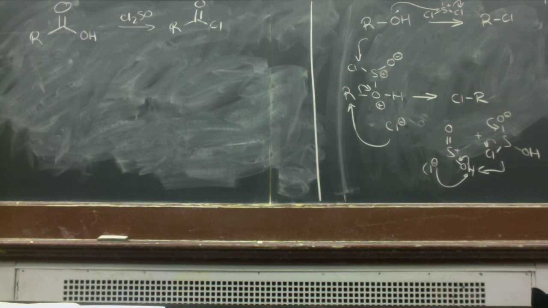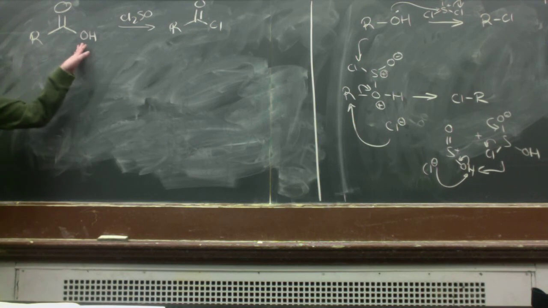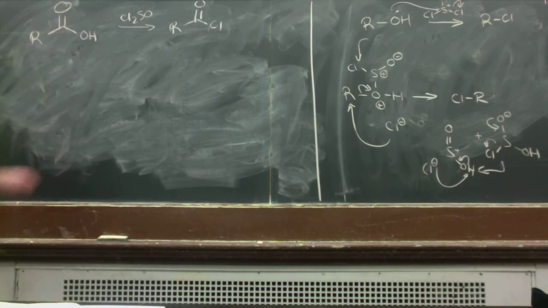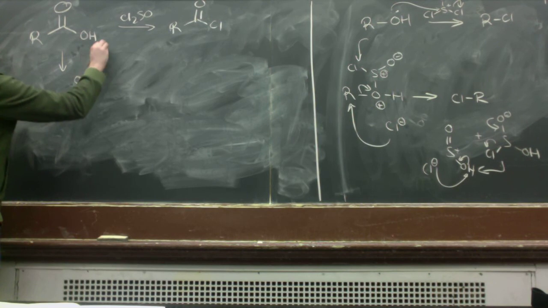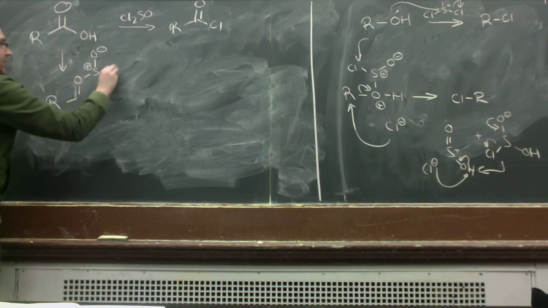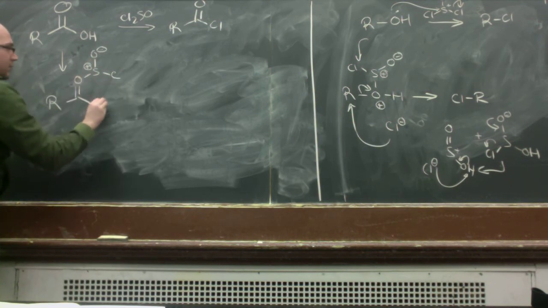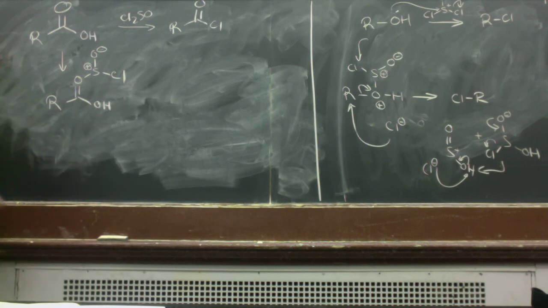to be analogous in many ways, except for the fact that we're not going to have it attacked from the OH, right? We'll have it attacked from the carbonyl, right? And so if you sort of follow that first step there, really what's going to happen, right? Just as we've seen previously, right? Is we'll get to a species that looks something like this,